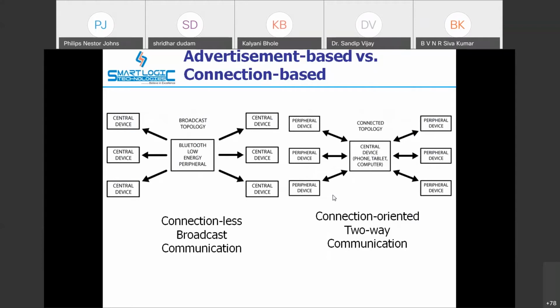The important thing is that the term is broadcast because the peripheral device sends the data to a central device. It's one way communication, whereas connection oriented is two-way communication. The peripheral and central devices can talk to each other, and to one central device we can have a number of peripheral devices connected, whereas in advertising based communication, the peripheral device can broadcast to a number of central devices.